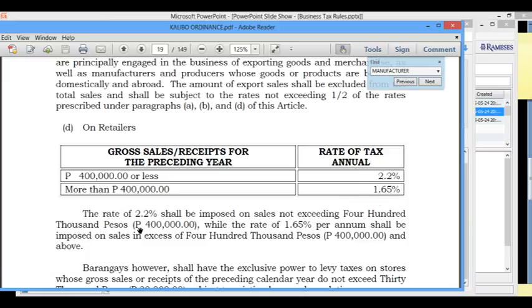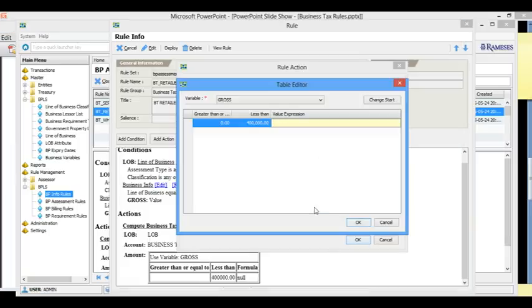The rate of 2.2% applies up to 400,000, while the rate of 1.65% shall be imposed on sales in excess of 400,000 pesos. So whatever is in excess we will multiply by 1.65%. So it will be 2.2 here. So gross times 0.022. So that will be the 2.2%.